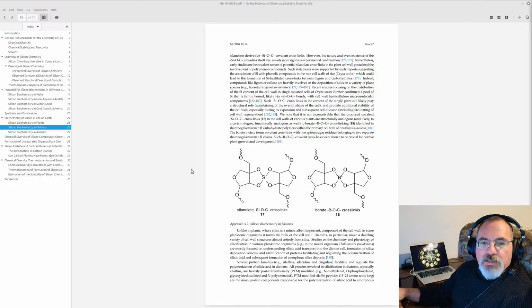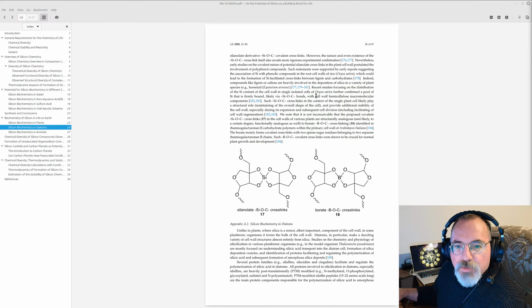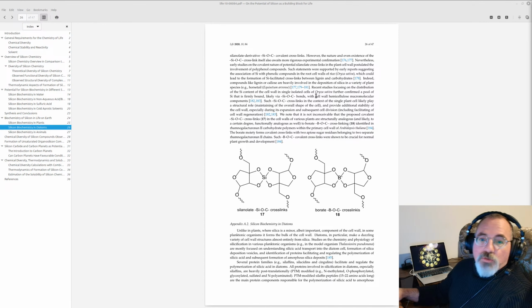Indeed, compounds like lignin or callose are heavily involved in the deposition of silica in a variety of plant species, for example, horsetail. Recent studies focusing on the distribution of the silicon content of the cell wall in single isolated cells of rice, Oryza sativa, further confirmed a pool of silicon that is firmly bound, likely via silicon-oxygen-carbon bonds, with cell wall